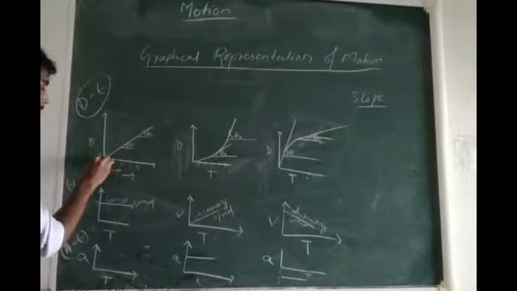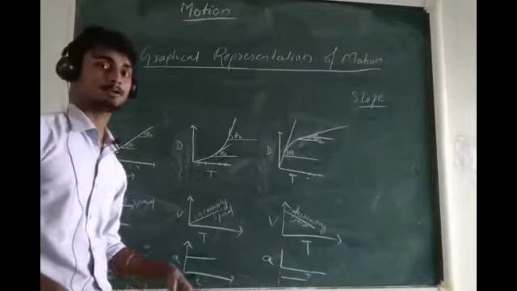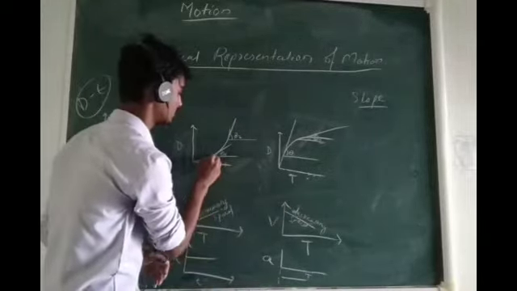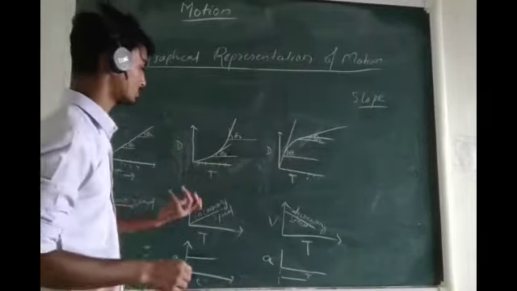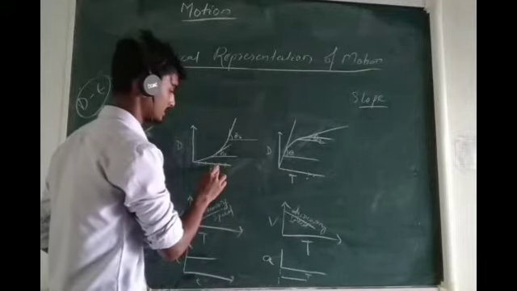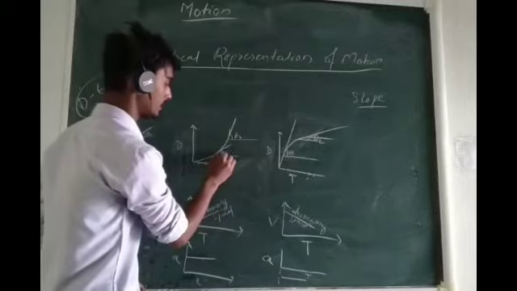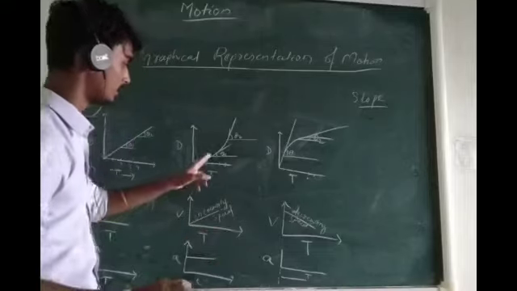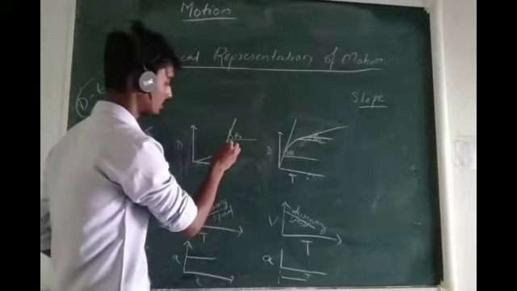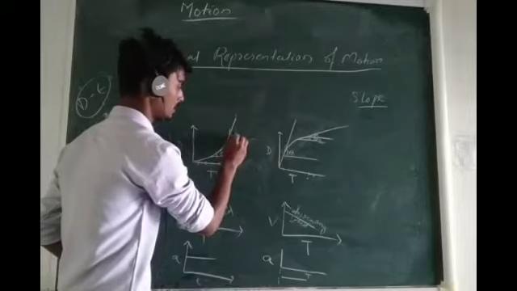So here we can also find out whether the slope is increasing or decreasing by doing this simple trick. Let's say at this point we wish to find what its slope will be. What we have to do from that point is draw a line parallel to the time axis and draw a tangent to the graph. And that angle, let us name as theta 1. Now after moving a certain distance to some point here, let us draw the same line parallel to the time axis and a tangent, and find theta 2.